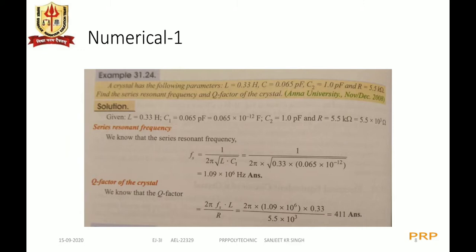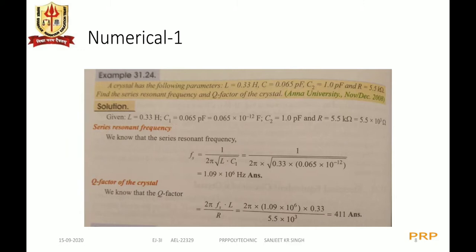When the crystal is not resonating, that capacitance is equal to 1 picofarad and the resistance of the crystal is 5.5 kilo ohm. So with these values we know the series resonant frequency Fs is equal to 1 upon 2 pi root over L into C1. Substituting the corresponding values of L and C1 into the formula, we get 1.09 megahertz,